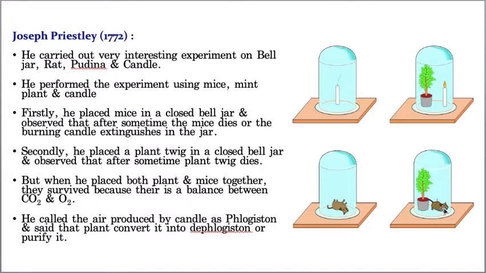Now along with this mice, they kept this particular plant also. Now what happened, a cycle happened. This plant started releasing the oxygen, and the oxygen is taken by the mice, and this mice takes oxygen and releases carbon dioxide. See, the carbon dioxide is taken by this plant. Like that, a cyclic process happened here, so that this plant is also alive and this mice is also alive. That means he proved by the bell jar experiment that oxygen will be released by the plant while it is performing photosynthesis.